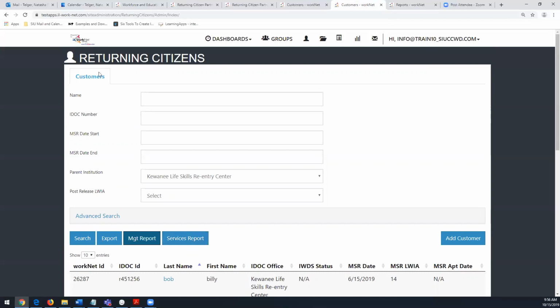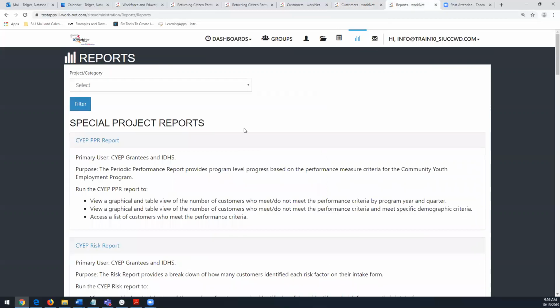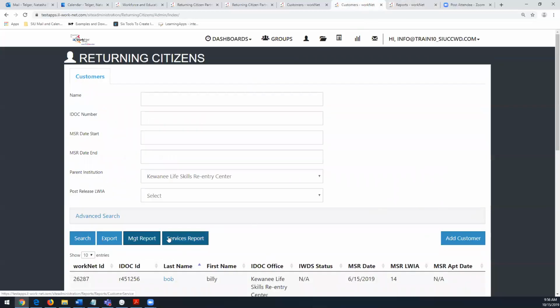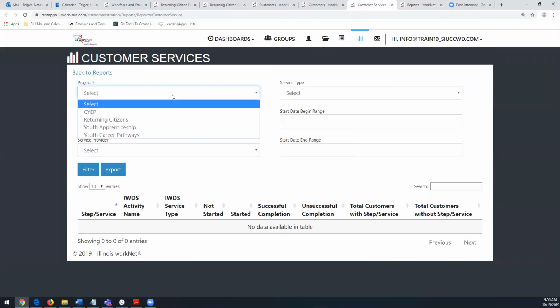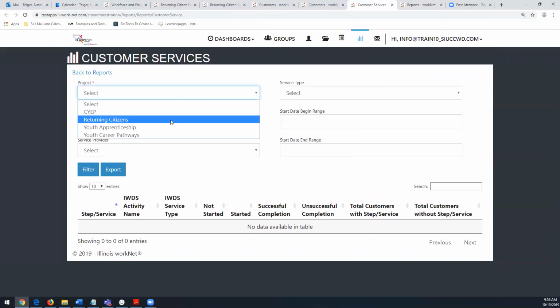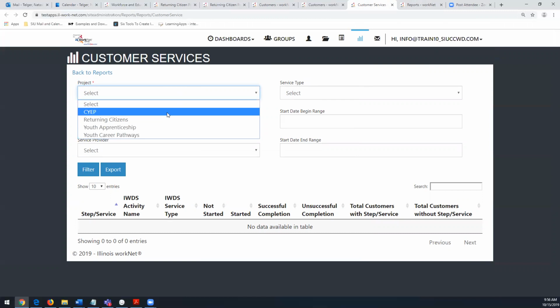So on your returning citizens, we have a services report, okay? Or you could use this little icon up here, and it gives you a full list of reports. Since I'm going to try and stay within my little returning citizens world here, I'm going to click on the services report. Now, because of who I'm logged in as, and some of you are going to be in the same situation,